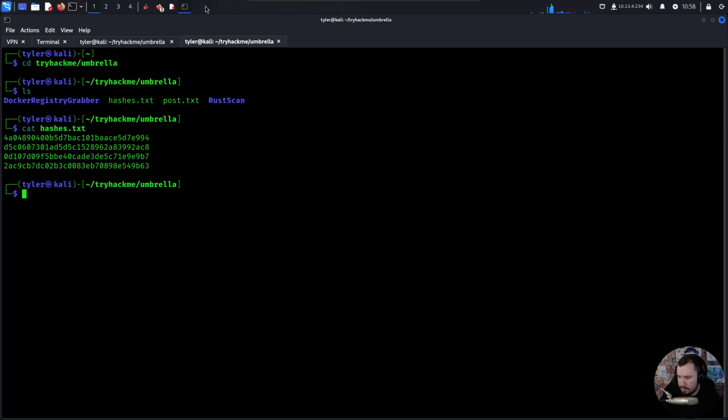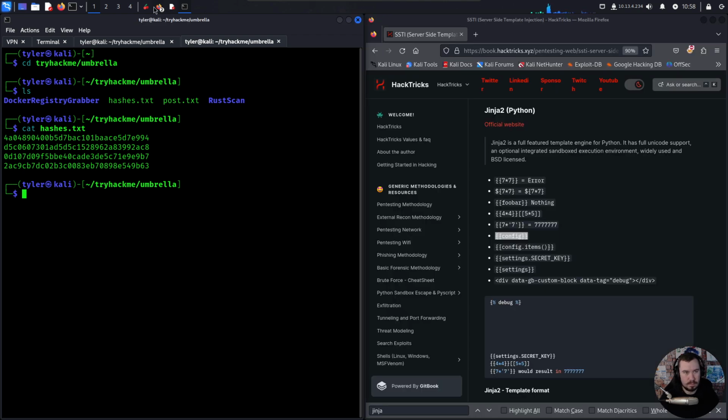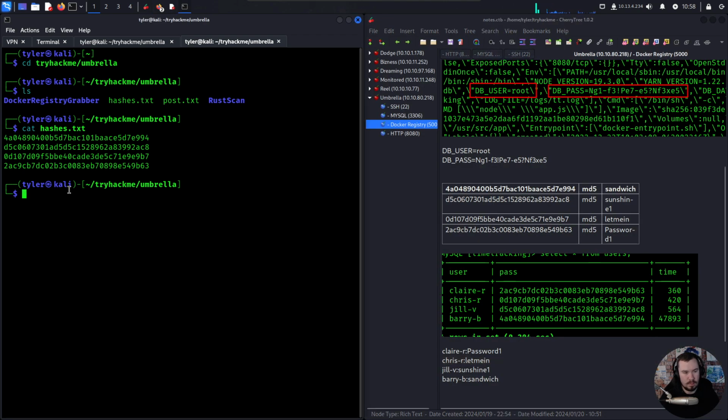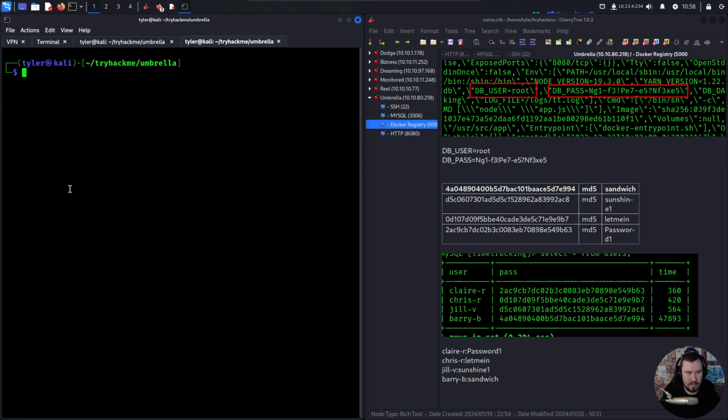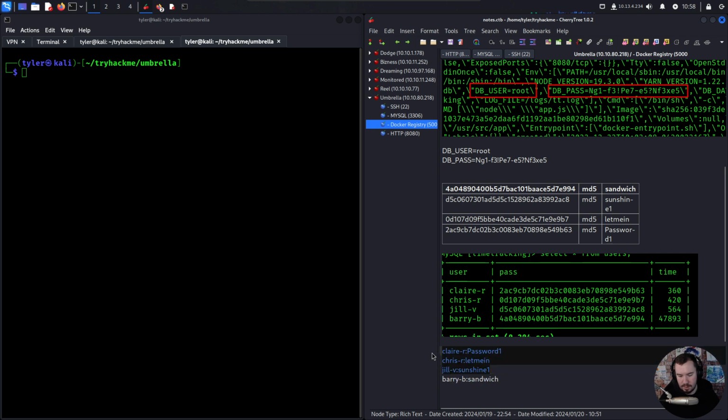Let's try, we'll go down this route, but let's try credential reuse on these people. Like I initially said, I want to try it on the web server and I want to try it via SSH. And we did it on the web server and it works. But before I go down that route, let's try these. So we'll do like SSH Claire R. We'll try Claire R and just Claire at